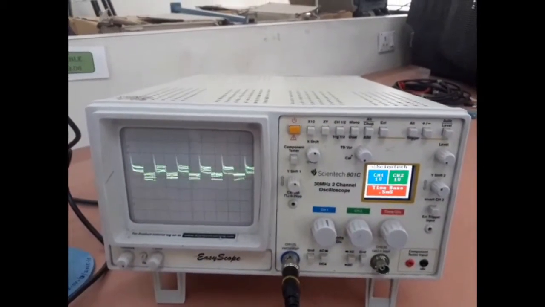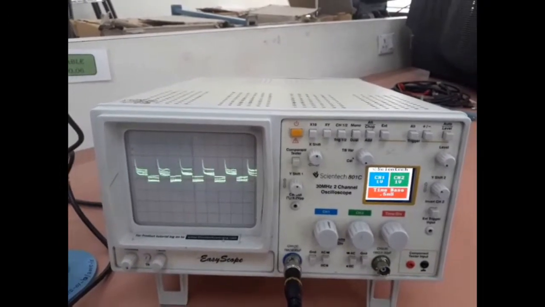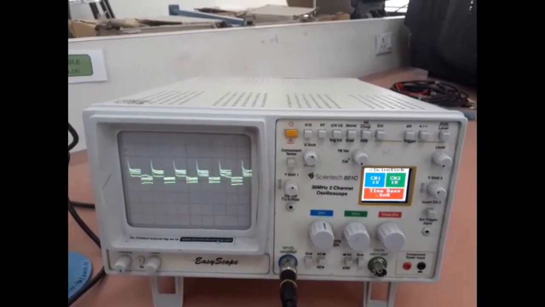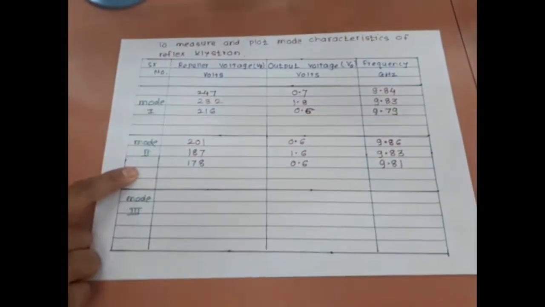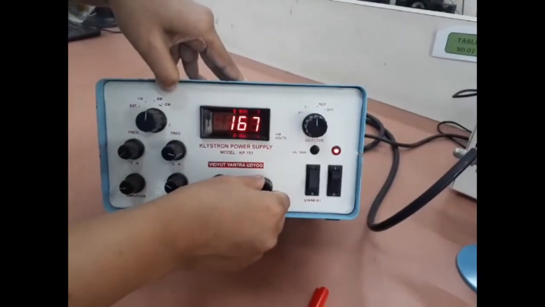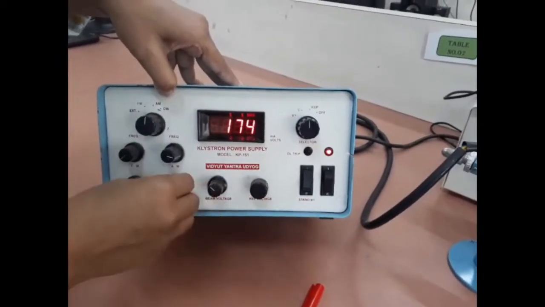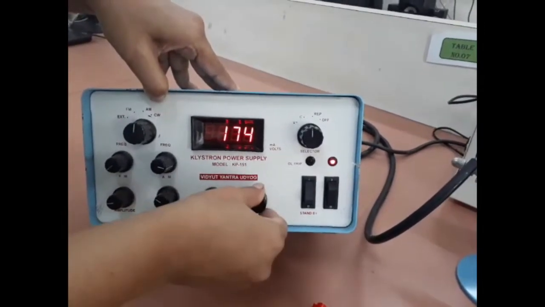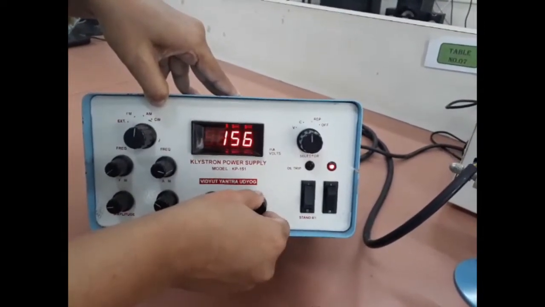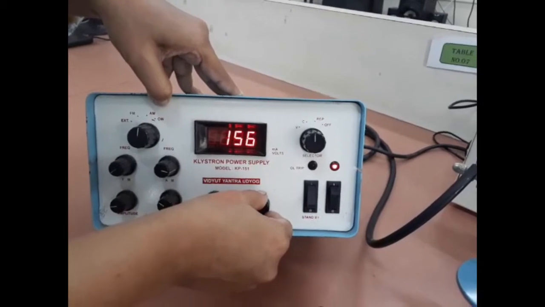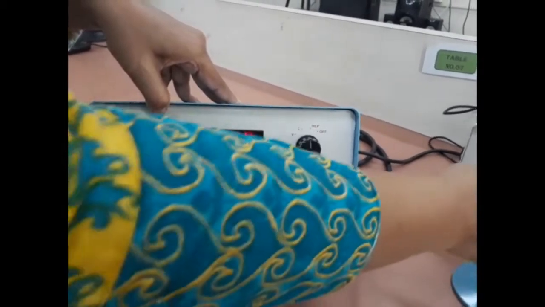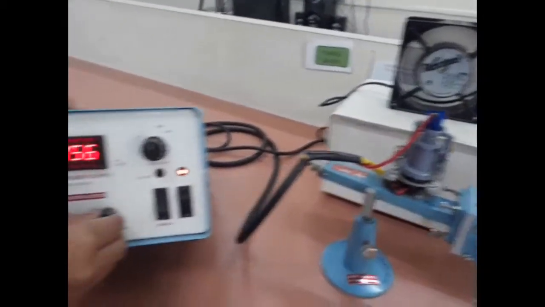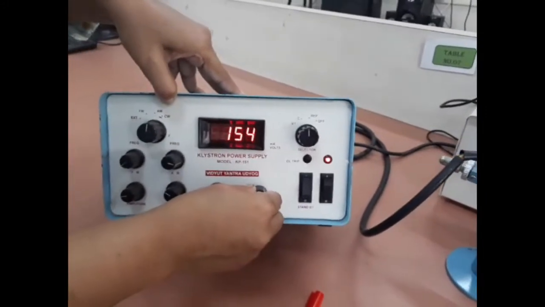So again, we'll take the last mode now. Okay, we took 178. Okay, two modes we have observed. One mode, second. Again we are changing the repeller voltage. So when you are changing the repeller voltage, here you started observing, okay, at 156, sorry,